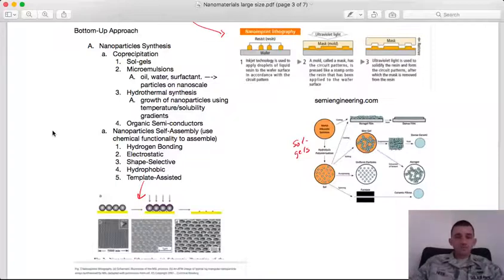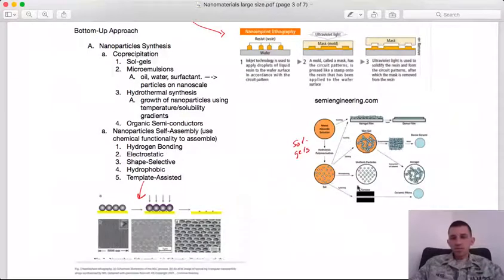You can do it a number of different ways. For simple particles and simple arrangements, you can have a co-precipitation route where you're essentially stacking the deck for it to form in certain ways. So sol gels are a network of silica particles. And so you can form these particles, and then depending upon the treatment that you put them under,